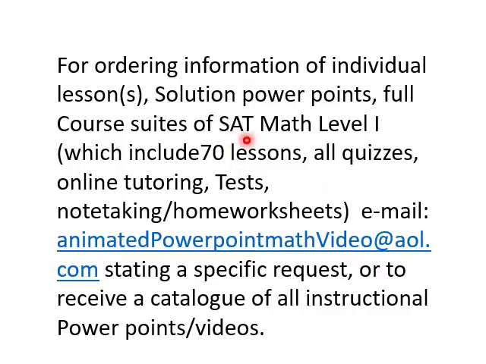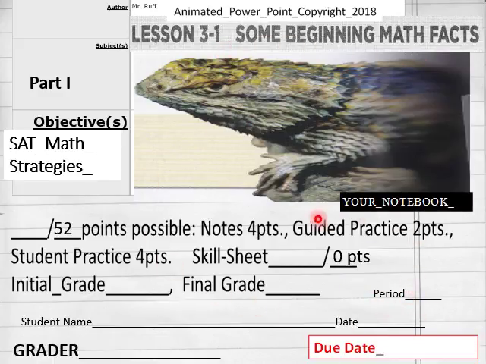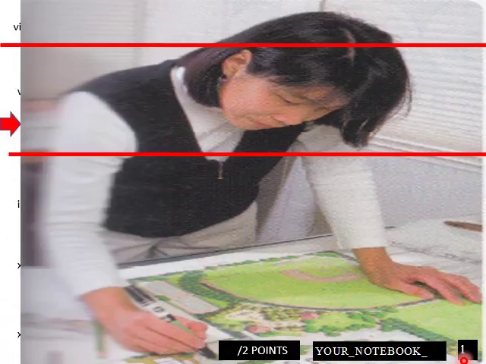Hello everybody, we're going to do 3.1 of SAT Math Level 1, prepping for the SAT Math. Some beginning math facts, 3.1. We got notes here through 52 points of note taking. Page 1 here,